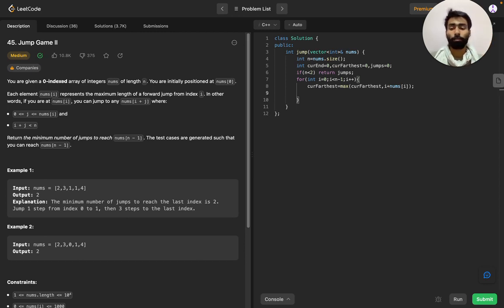Yes, the maximum length of the jump we can take. Then current end: if i equal to current end, then we will jump, and current end equal to current farthest, and we return jump.